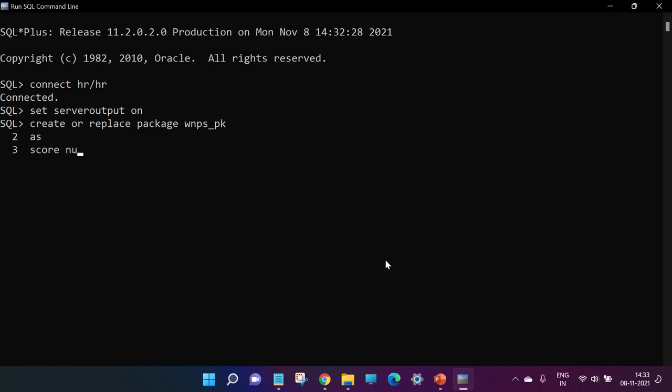Let's suppose we have a score with data type number, and we create a procedure definition read score. This procedure can only read. We apply a Pragma restrict with this procedure